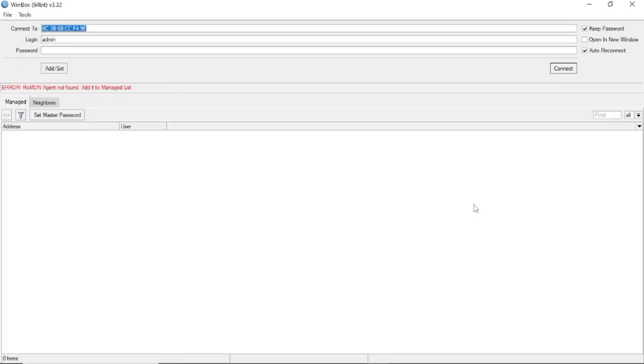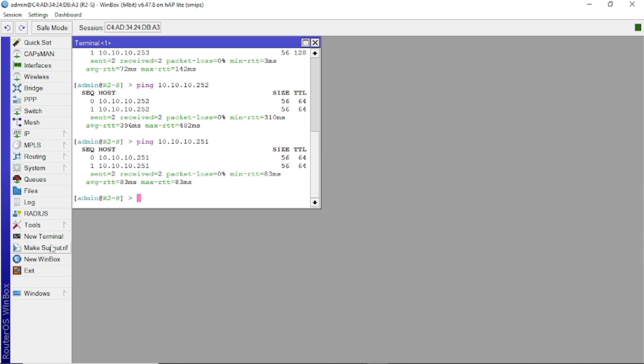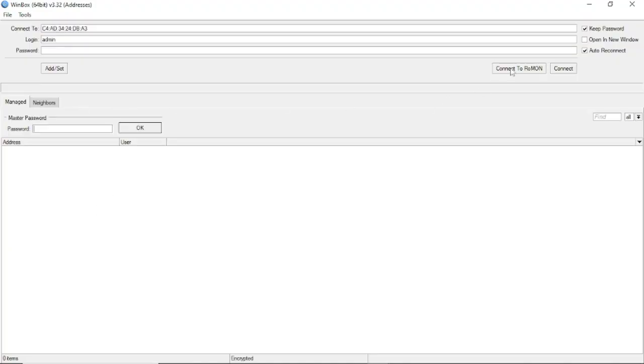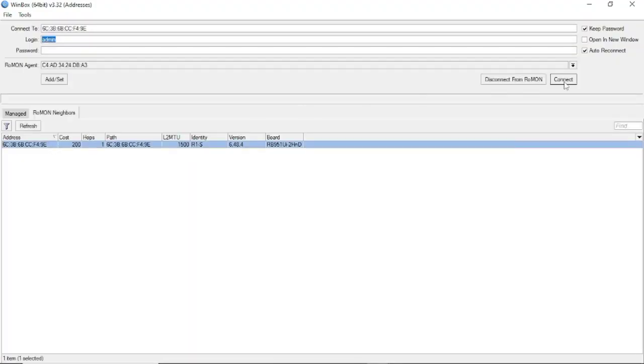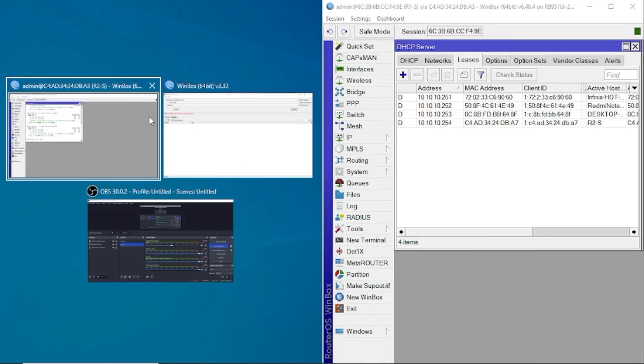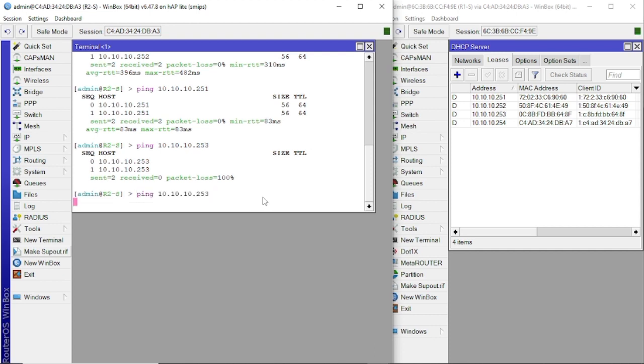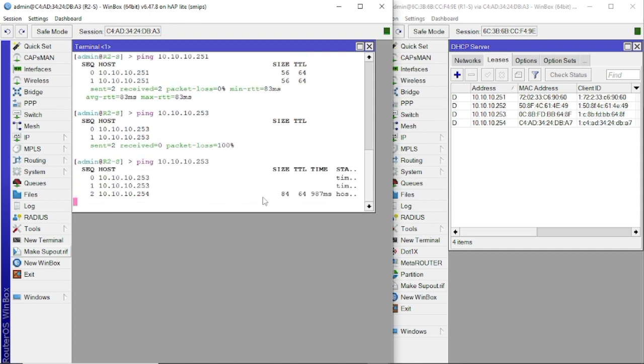OK, here it's disconnected, then we'll reconnect. Next, on router 2, ping between clients again.